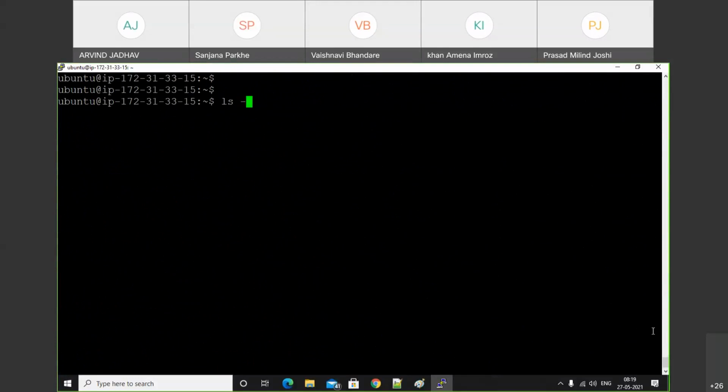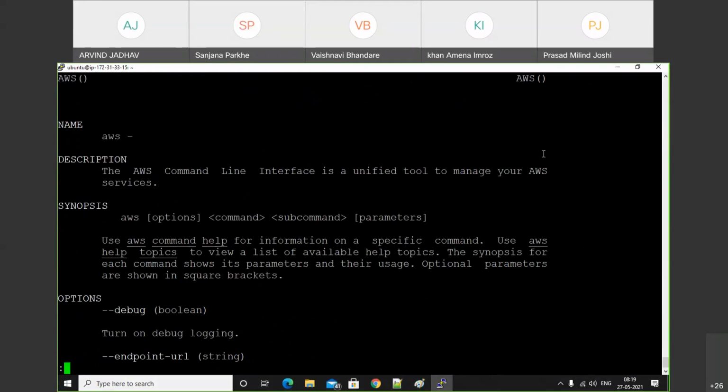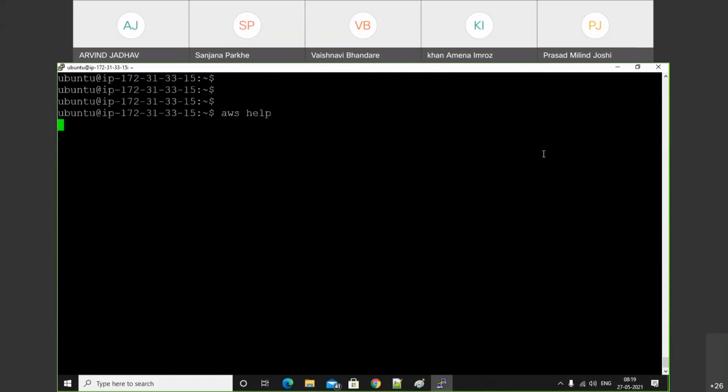Just type ls -a. So now we have these files. Okay. So now I am trying to access AWS. Before that, if you want to check that AWS CLI is successfully installed, just type aws help. Now aws help is successfully working. That means we successfully installed the AWS CLI.